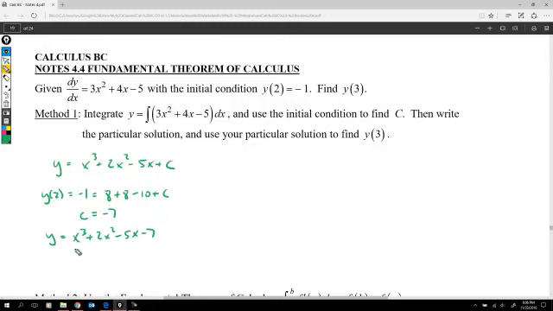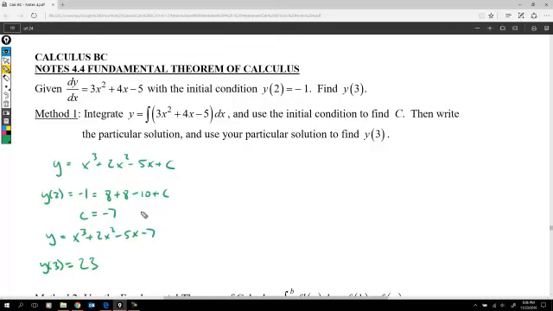So that means that y is as such. I just solved for c, and so I got my original function. Now I can plug in 3, and if you plug in 3, you end up getting 23. So this is one way that I can do it. I can take the indefinite integral, I can solve for c using my initial condition, then I can plug